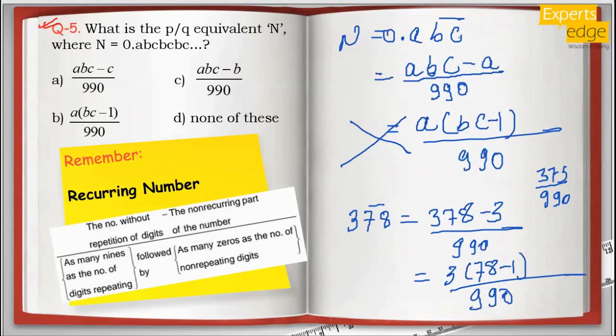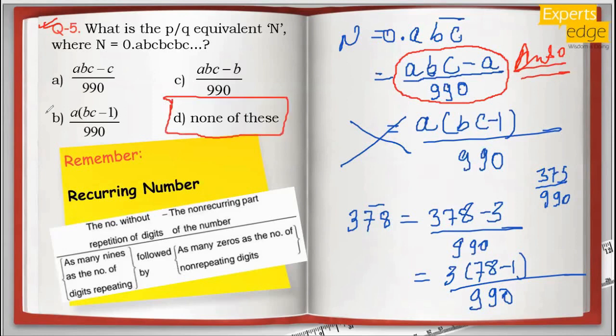So my answer to this question will stop here only. This has to be like this. Don't go further taking out the common. This has to be the answer. So this was a very good trap question. So the answer to this particular question is none of these. Many of the students tend to mark B as the option. Don't make that blunder.